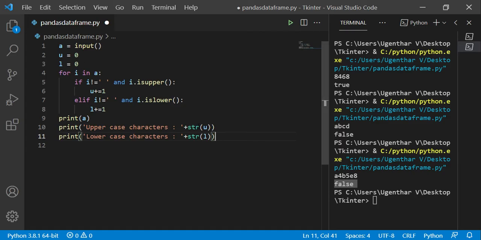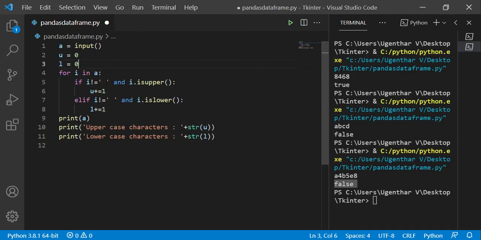Now let me explain the code, how it works. First of all, the input will be stored in a variable called a, and I am initializing u with 0 and l with 0 because I am going to count the number of uppercase characters and lowercase characters. After that, I am using a for loop to iterate through the input sentence, that is through a, reading each and every character in the sentence, and I am giving some conditions here.